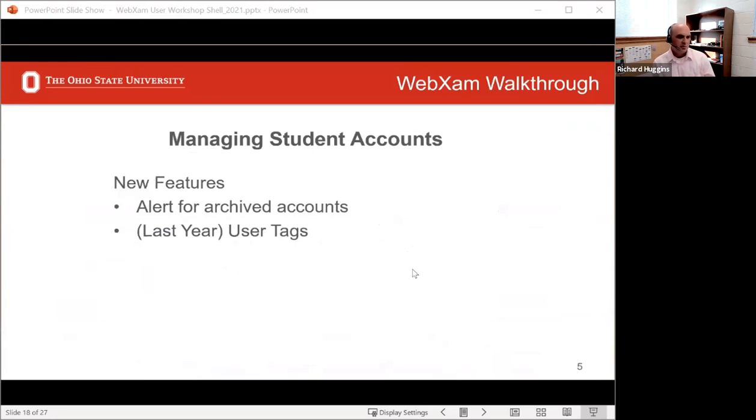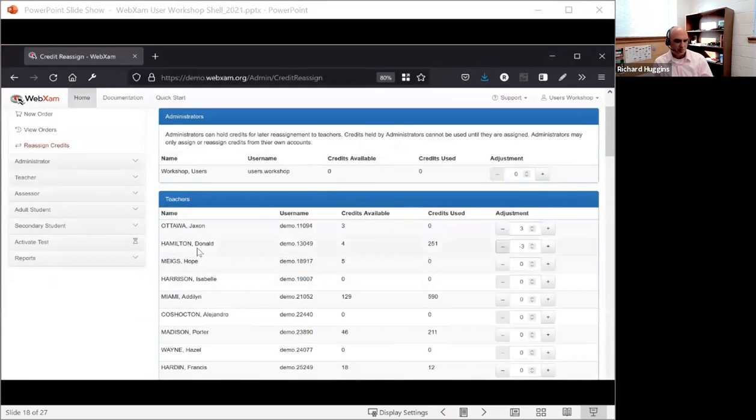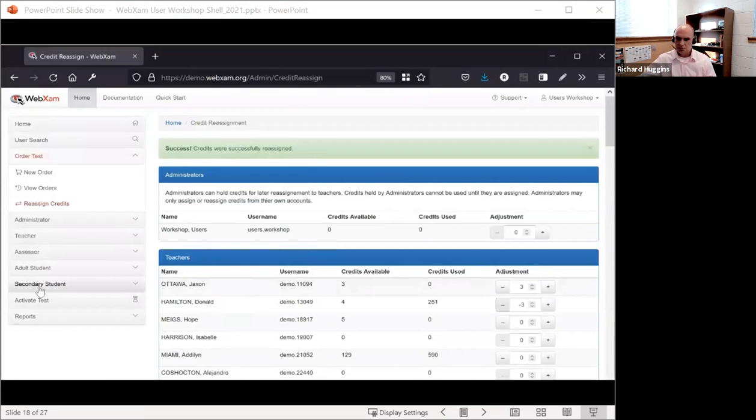Okay, now let's move on to talking about managing student accounts. So managing student accounts is the process most often used in WebXam. Now, if you are a new school or making changes at the start of a year, you may be adding administrator accounts or teacher accounts or even assessor accounts for the education portfolio, but you'll be working with secondary students